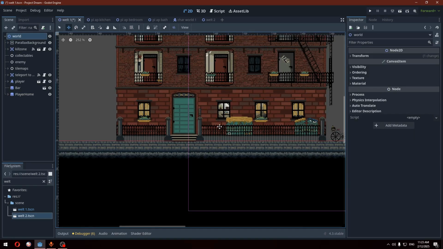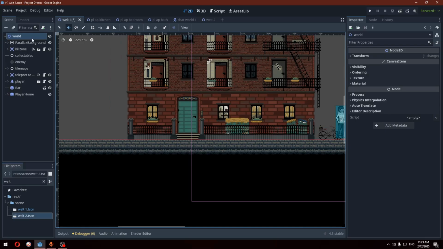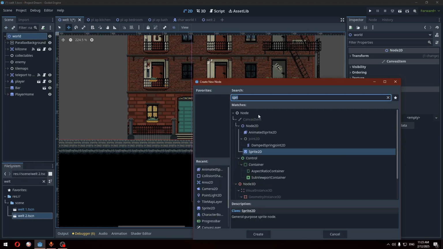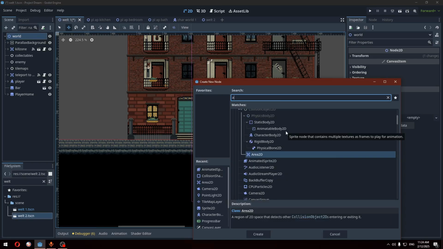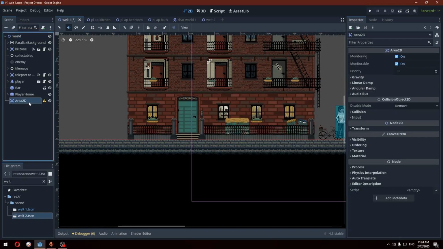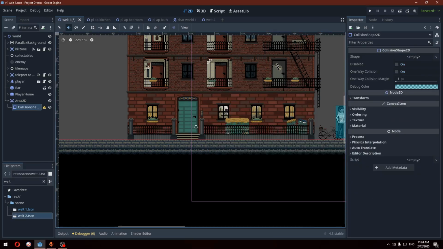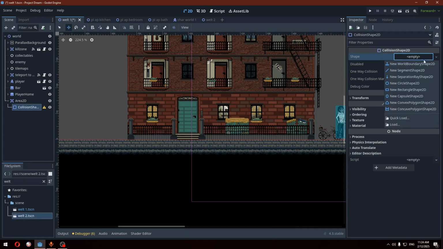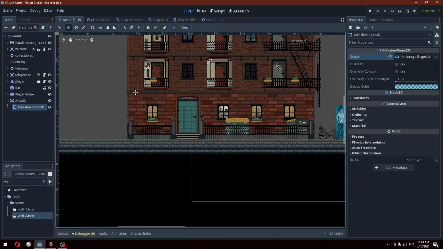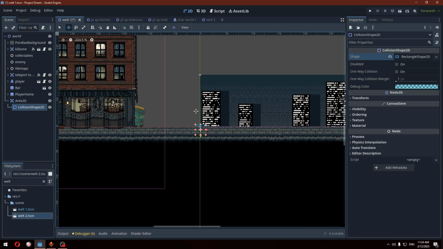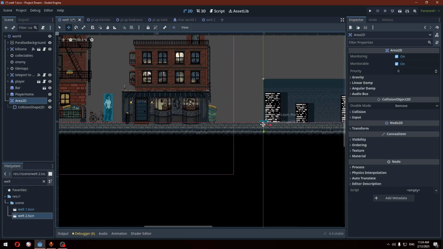So let's start by creating our door area. Let's hit Control A to create, and let's create Area2D and add a collision shape to it. Let's give it a simple rectangle shape. Select our rectangle, press F to focus on it. Now let's drag our area